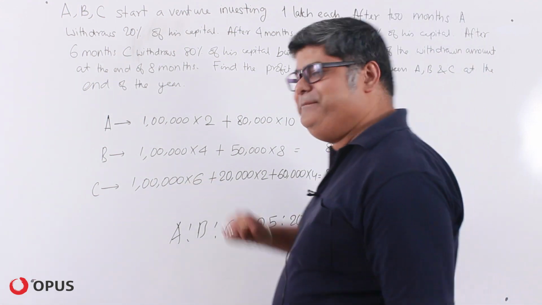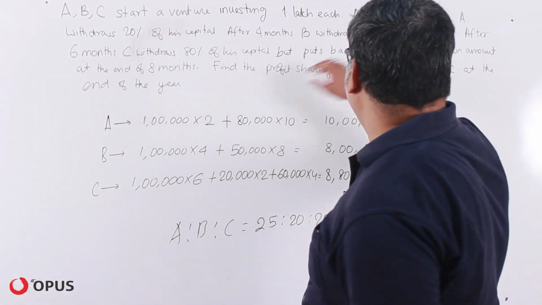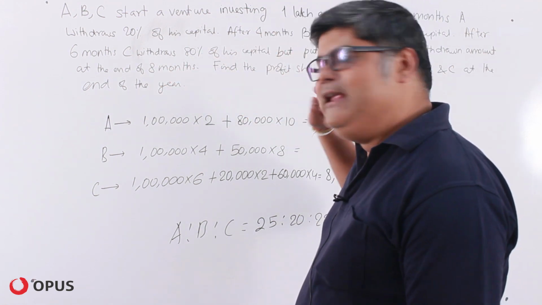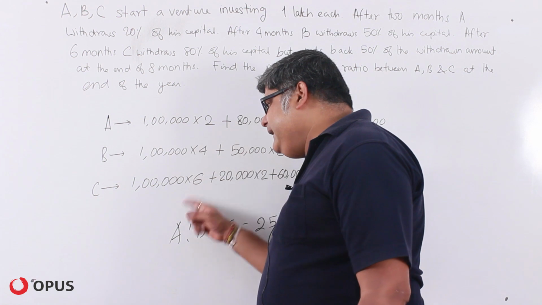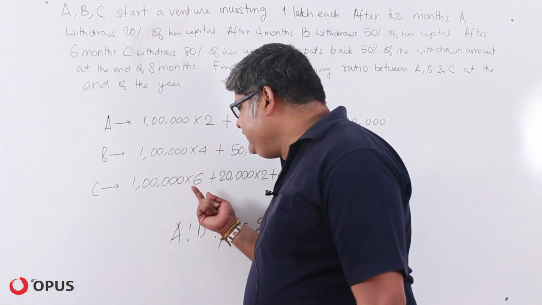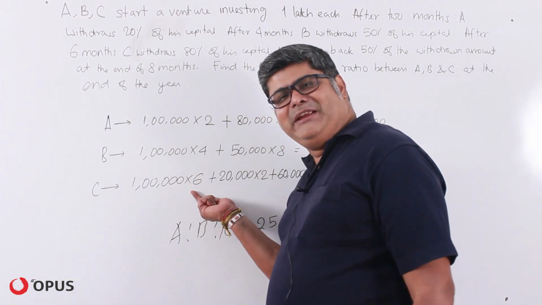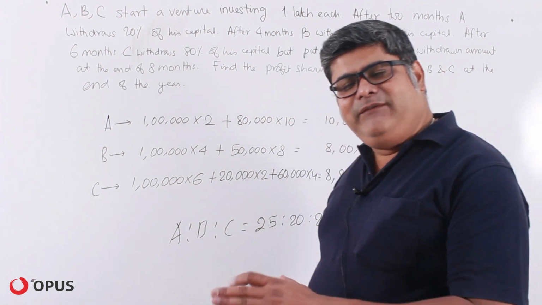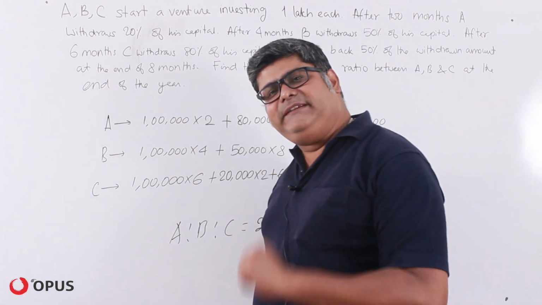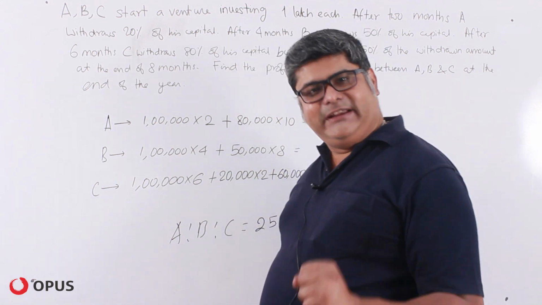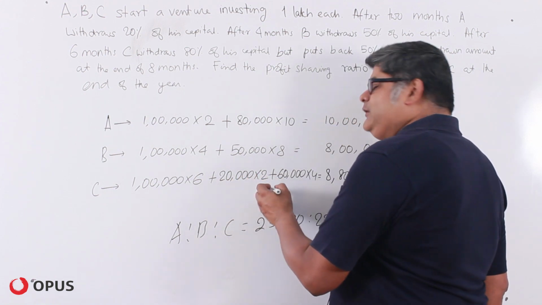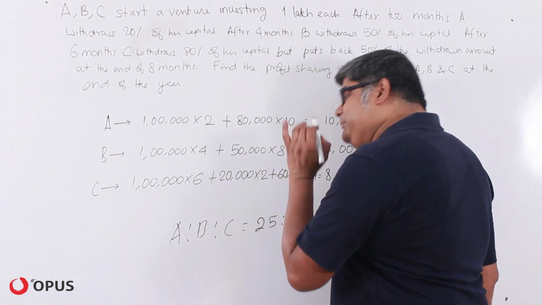Now let us look at C. Now C, if you look at it, after 6 months, C withdraws 80% of his capital. Means for 6 months, this 1 lakh was working in the business. Now that's the reason why we have 1 lakh into 6. Now let's look at it. If C withdraws 80%, 20% is left in the business. Now 20% of 1 lakh is how much? It is 20,000. So 20,000 should have been active for the remaining 6 months, but if you